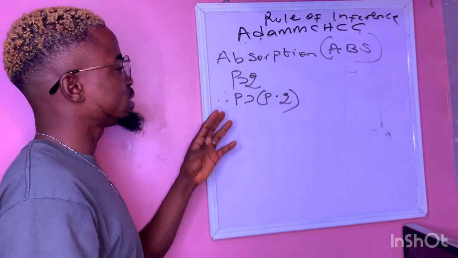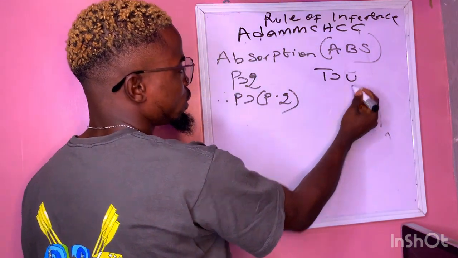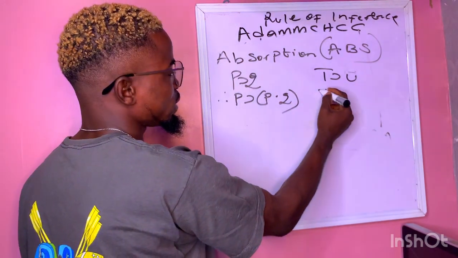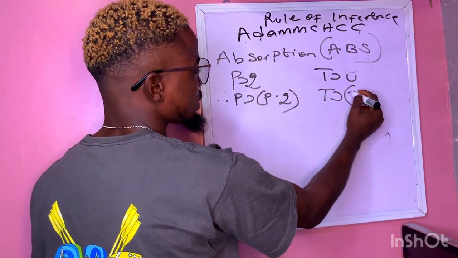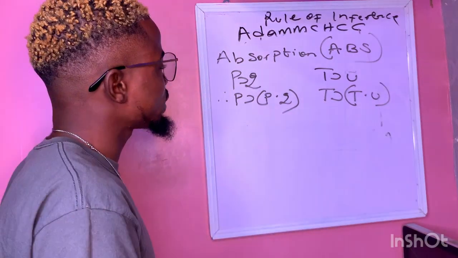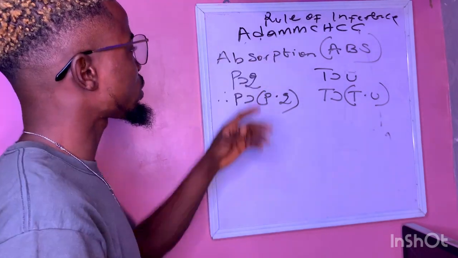What I'm trying to say is that P implies Q is still the same thing as T implies U. If we want to use absorption for this kind of argument now, it's going to give us T implies open parenthesis T and U close parenthesis. So the content itself does not matter. What matters most is the form. So the second one is